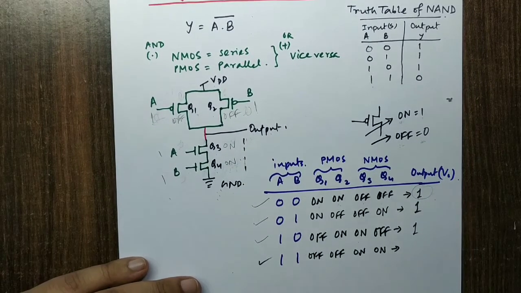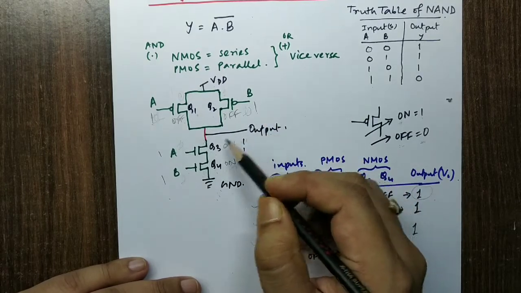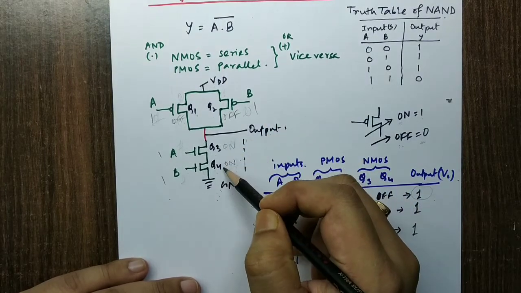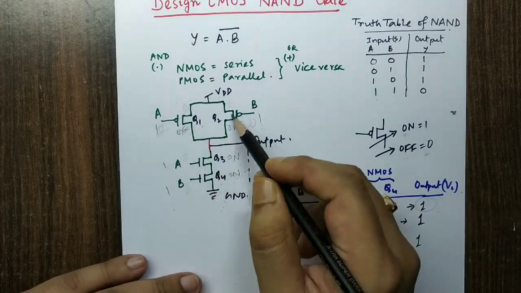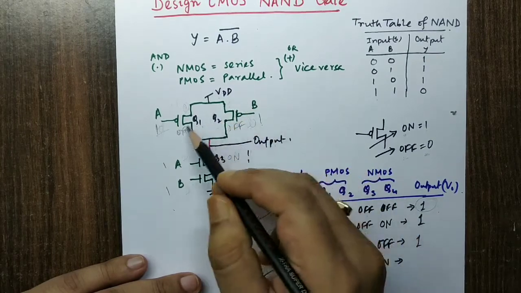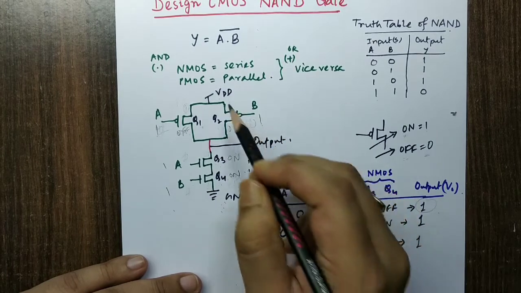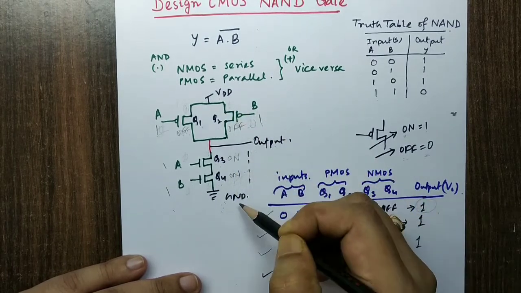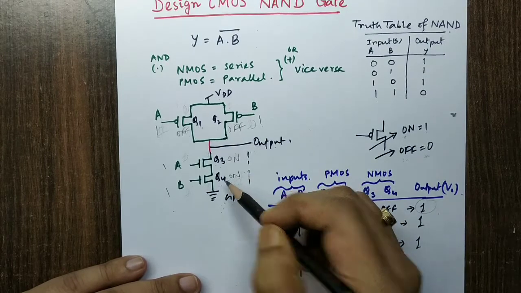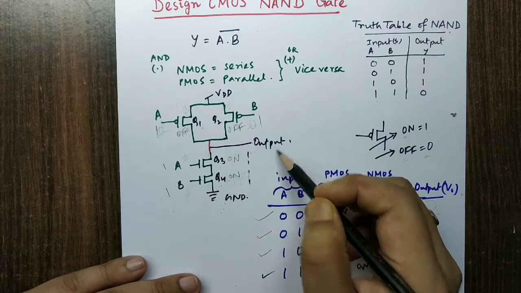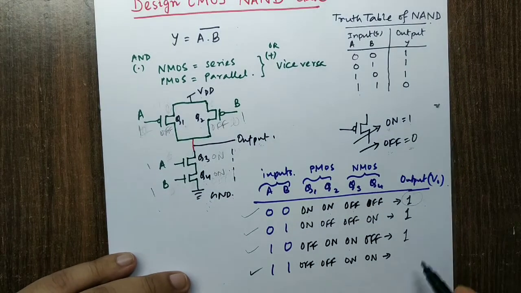So what value will it give? Now you can tell directly. See, the output can have a proper connection with ground via Q3 and Q4 because it is a continuous path now. But if you see here, both the paths are cut off, that is an open circuit. Q1 and Q2, both PMOSes, are making an open circuit, so the output has no connection with VDD now, but the output has a proper connection with ground via Q3 and Q4 NMOSes. So what value will appear in the output? The ground value will appear in the output. So what is the ground value? 0. So let me write here, it is 0.